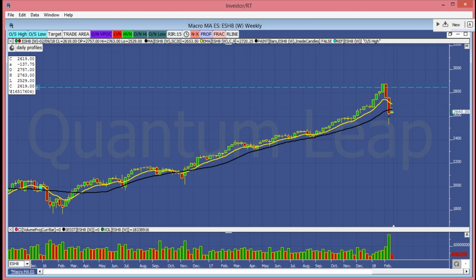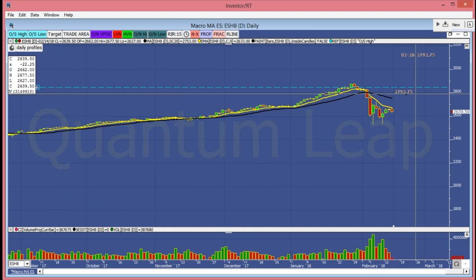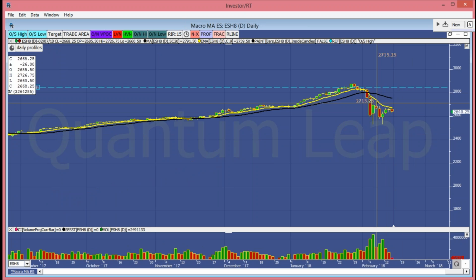We have broken below the 9 and the 20. We have not had a crossover yet of the 9 and the 20, but we are seeing a challenge and a violation of the upward trend on the weekly. When we move down to the daily, you can see that we do see the possibility of a start of a downward trend. We are holding below the 9 and the 20, and we have slope and separation to the downside. Going to the 4 hour,